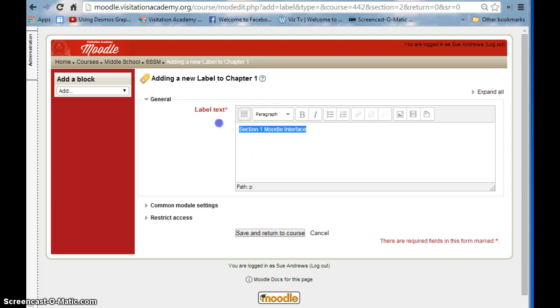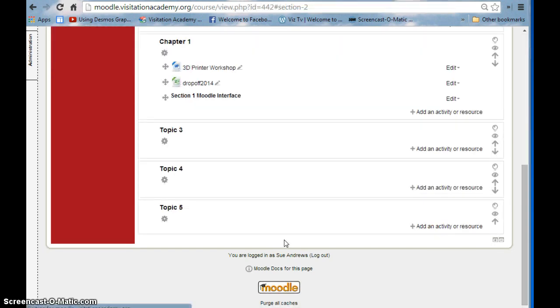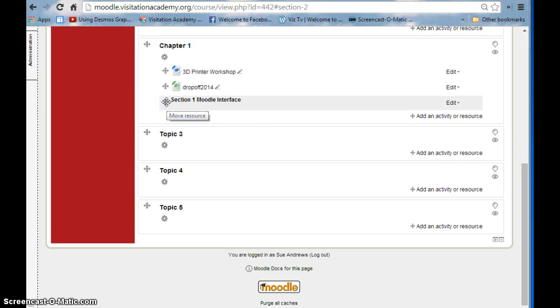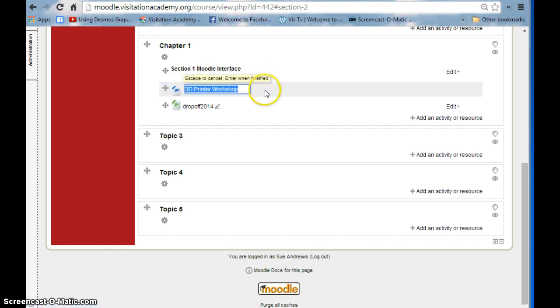And you'll see that you can do things like highlight, bold, and if you click on this little icon right here, it will unfold another whole group of tools that you might find handy. I'm going to click Save and return to the course. And now if I want to move this section 1 label up, I can just drag and drop it. And now I can also click on the pen, edit the name if I want to of the resource that I added,